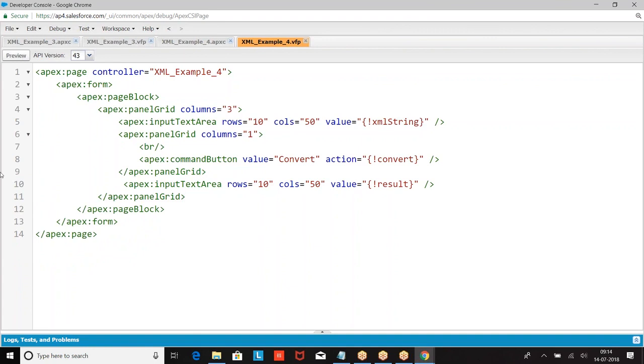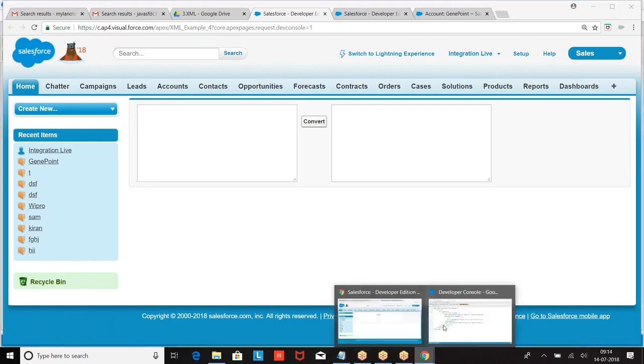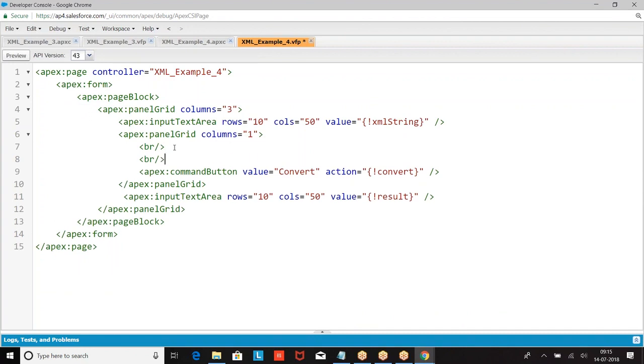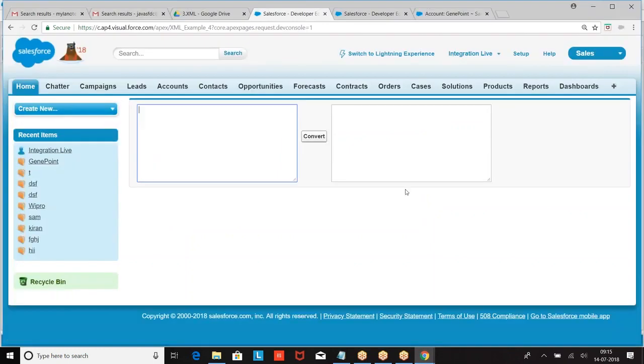Right. So I have created a structure in this format. This is how we created. Now here I am creating name,